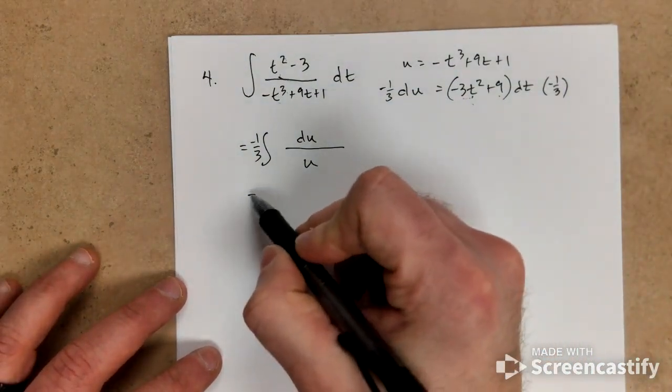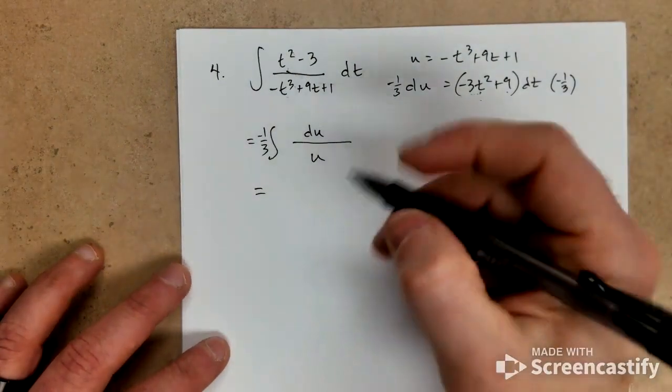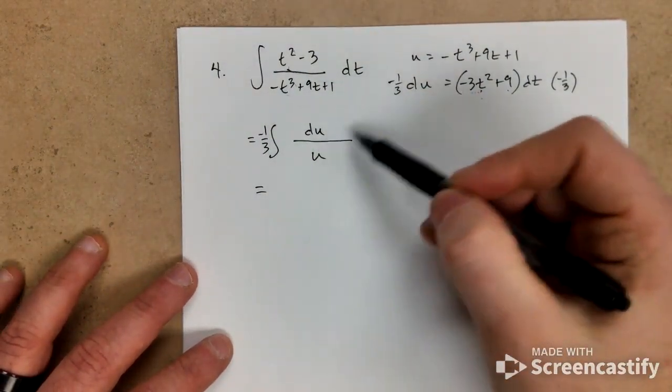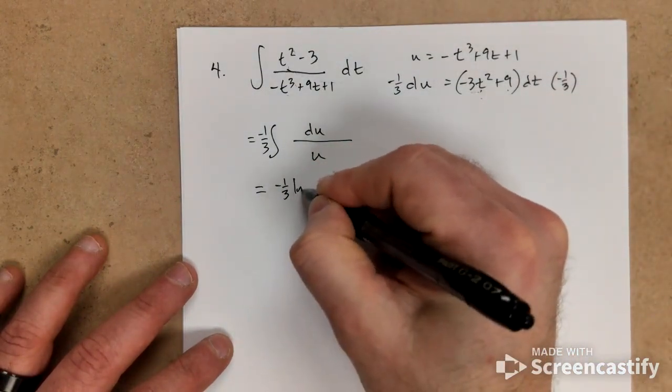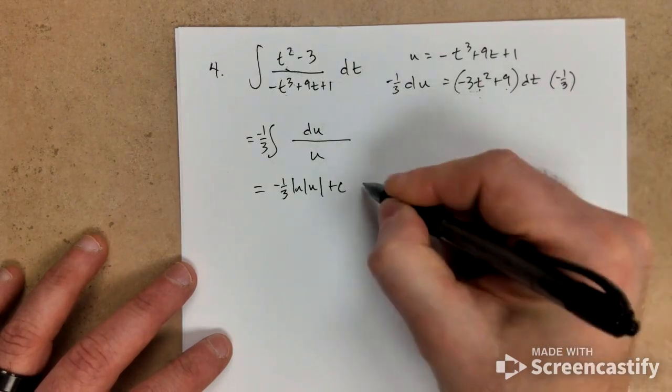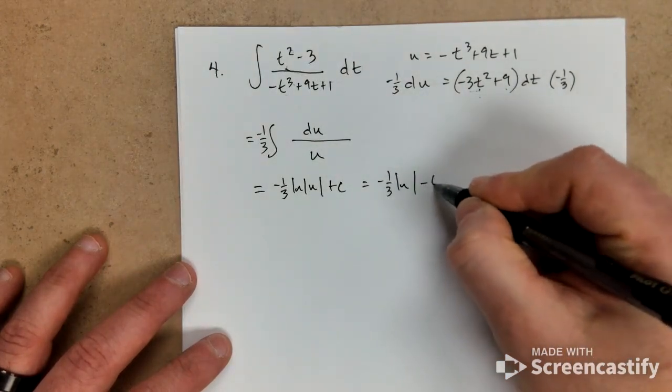And if you know your chapter 5, section 2, 5.2, this is the integral that results in the natural log. So it's going to be negative 1/3 natural log of u plus c, which equals negative 1/3 natural log of negative t cubed